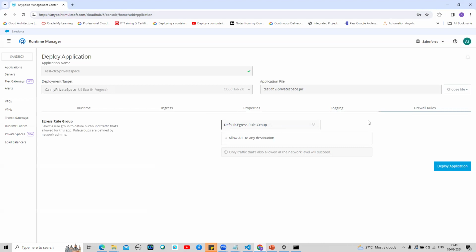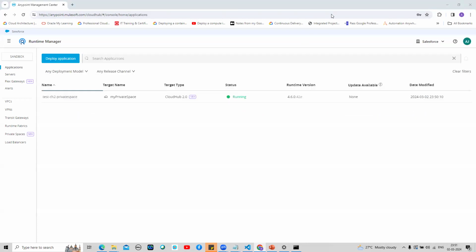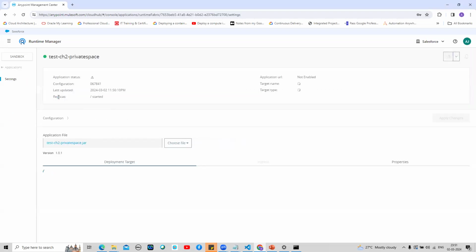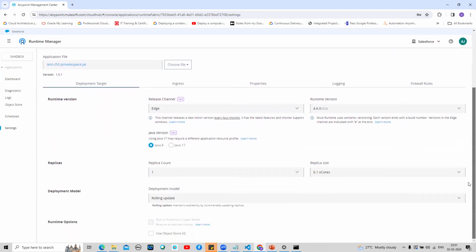Okay, so now I click on deploy application and let the application get deployed. I'm pausing the video. Once it is deployed, I will come back and complete the rest. Okay, so now my app is deployed. It's in running state. Let me click on the app, and if I go to the Ingress tab now,